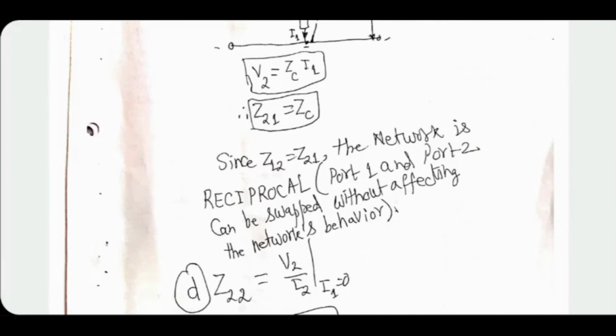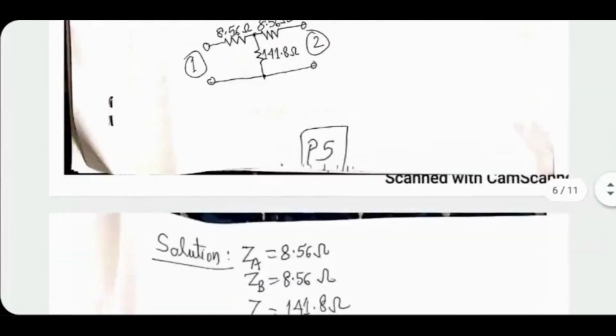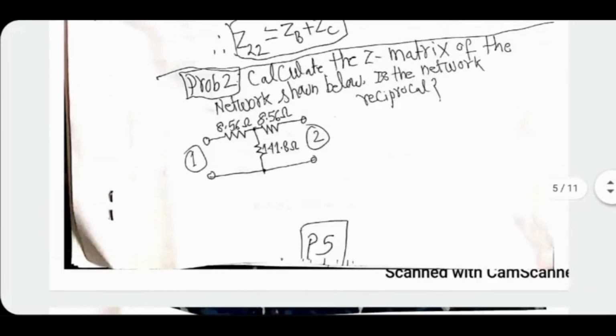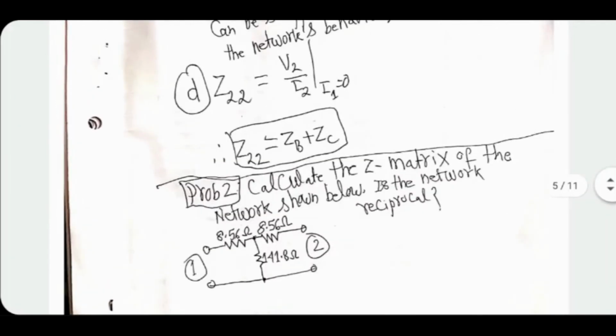So this is problem 1. Let's see how much we have. Now, a particular application of these results. Problem 2. It's a purely resistive network, so answers will be real numbers.